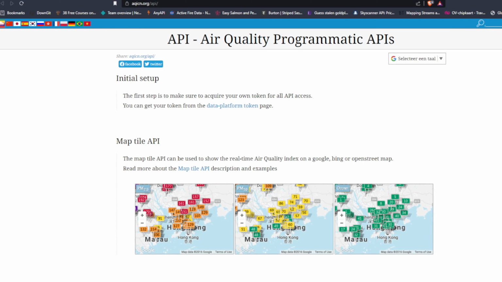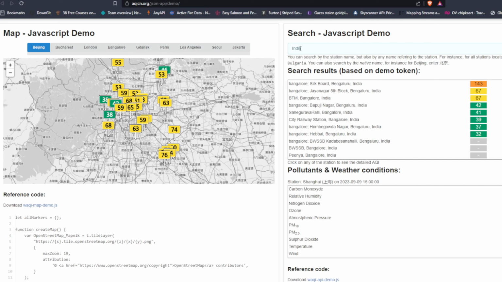So how do we fetch the data from this website? Once you get your token, you can go to this page, which is on the same website, just a different page, aqicn.org/json-api/demo. So this is where you can try out what you can actually download. If you enter your token here, you can play with the keywords on the right-hand side. For the keyword, you can put, for example, either the name of the city or the name of the country. If you put the name of the country, you're going to get all the stations that are measuring